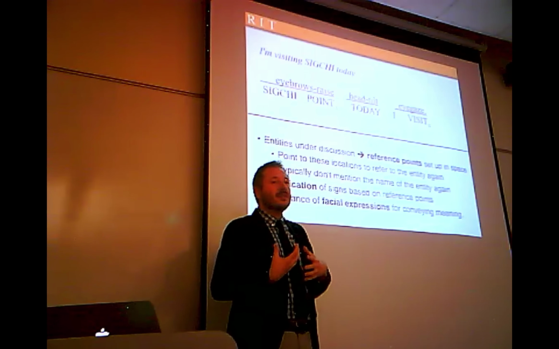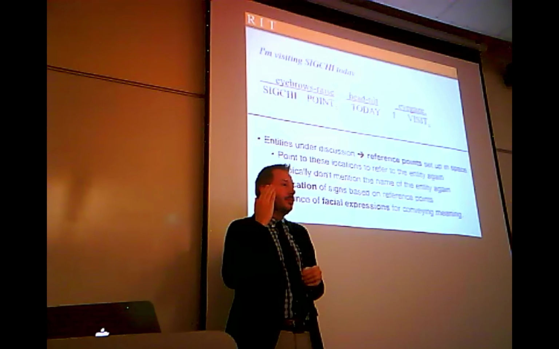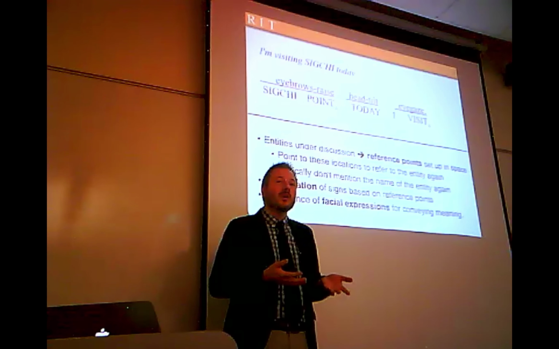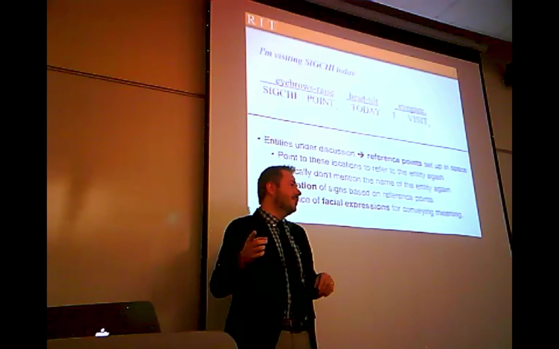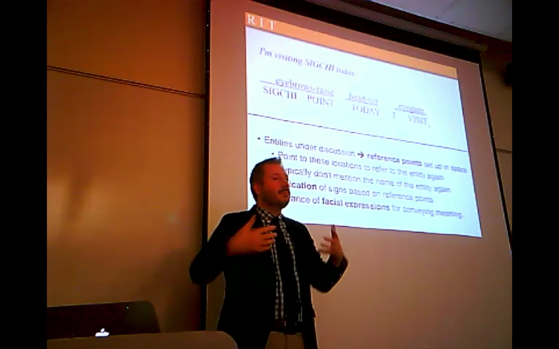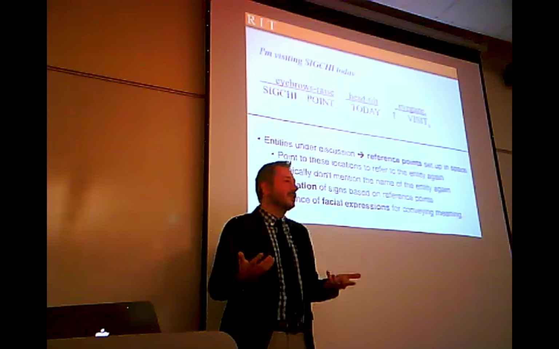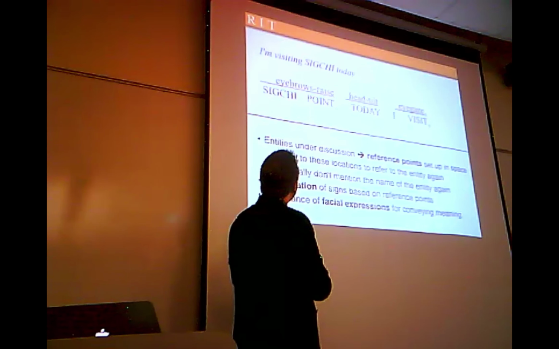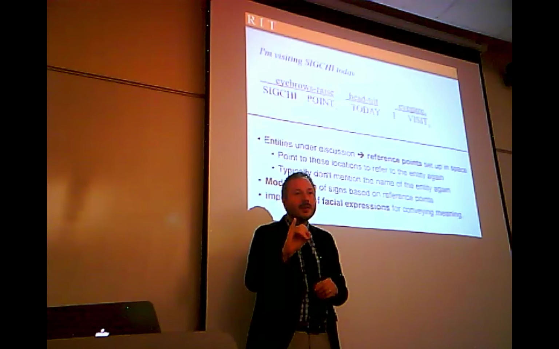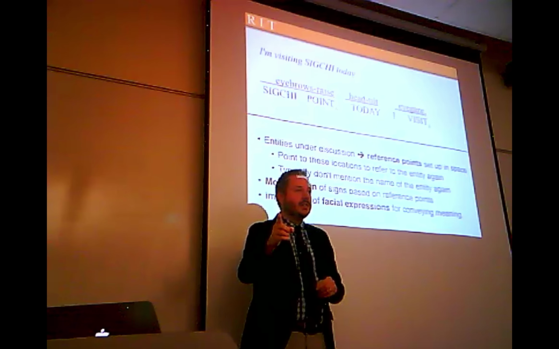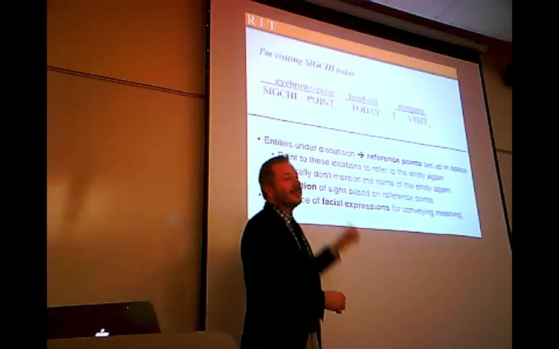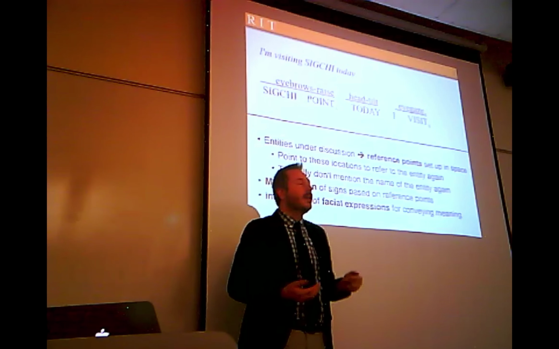So it moves to the front of the sentence, and you raise your eyebrows a little bit when you say it. In addition, if there's something you think you're going to talk about more, you actually point to a location around your body in space, and you set up that location as representing that person, place, or thing that you're going to talk about. In this case, we have SIGCHI. I would just fingerspell it, S-I-G-C-H-I, and then point to some location in space. In this case, I've got a little subscript X there to represent the location.